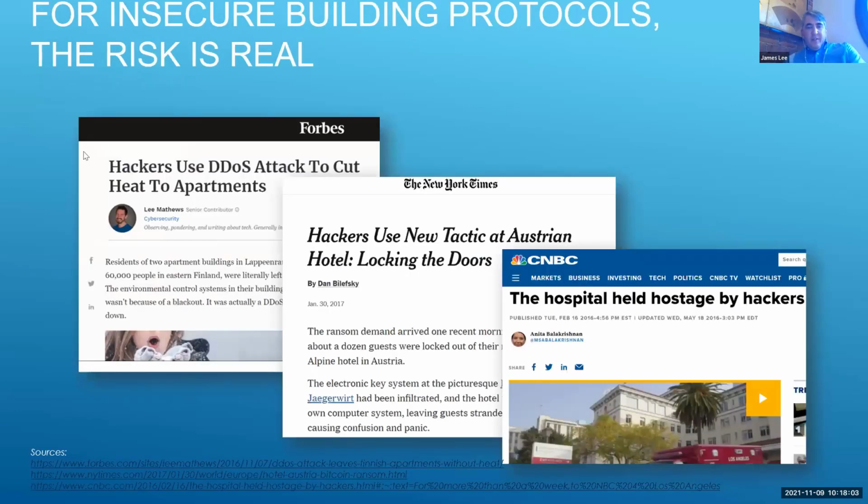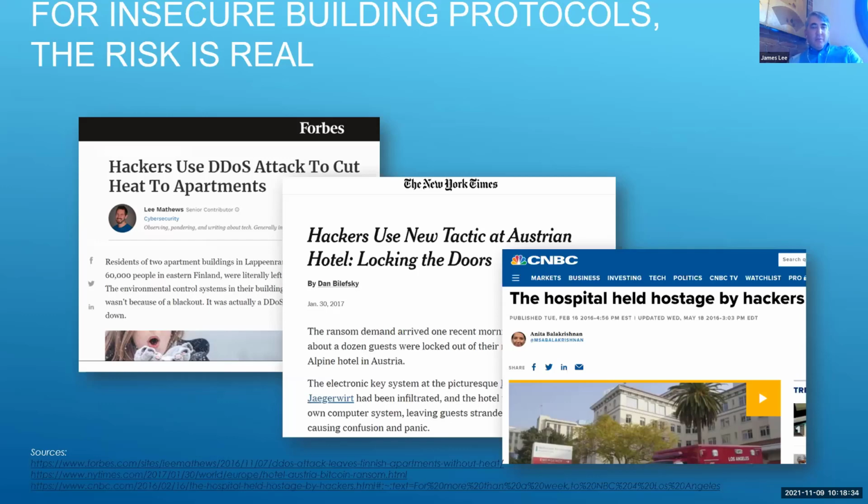So, I've mentioned that building automation networks can be attack vectors into general networks, but here are some examples of people who have hacked building systems themselves. So that is absolutely on the table. And the risk is real, and these kinds of attacks are continuing to grow. Municipal governments and their facilities are some of the most attacked items in the country right now.